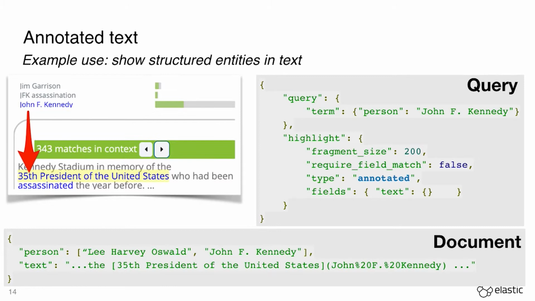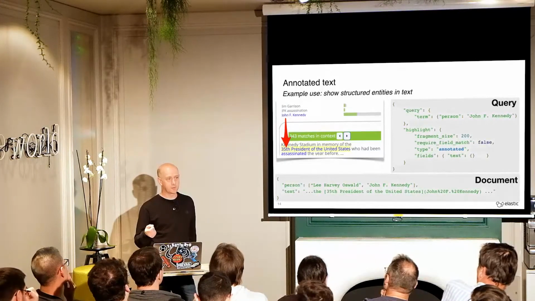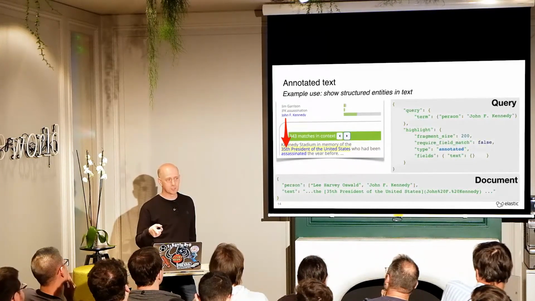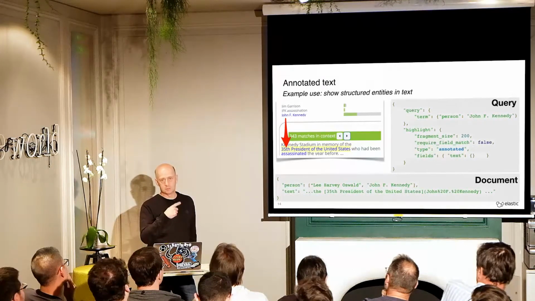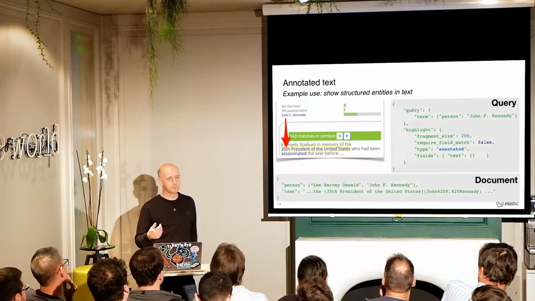So actually the text of this Wikipedia document didn't use the word John F. Kennedy, it actually said the 35th President of the United States. Or it could have even said JFK, and we matched it because of the annotation that's hidden behind the text. So stuff like Wikipedia is full of this kind of information. I've actually brought it along tonight. If you want a copy of it, I have all of English Wikipedia marked up in this way, so that you can do these kind of queries, because Wikipedia is full of this kind of information.